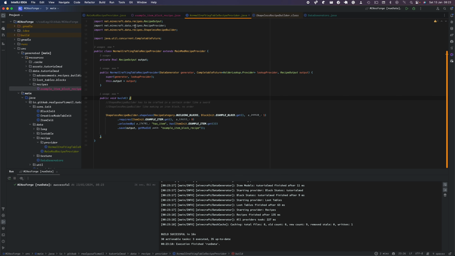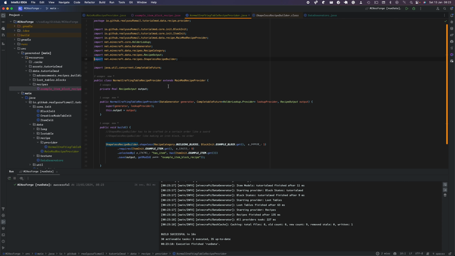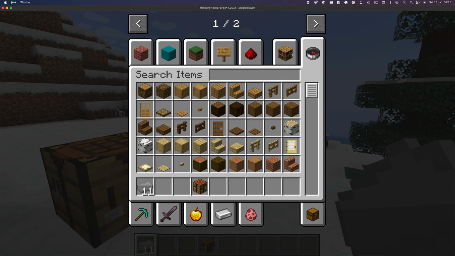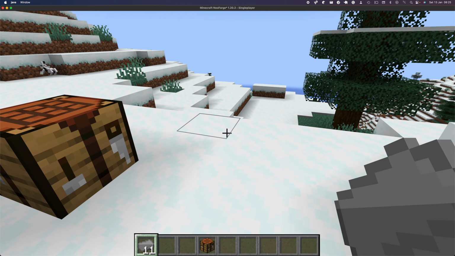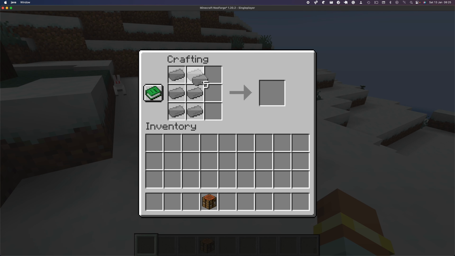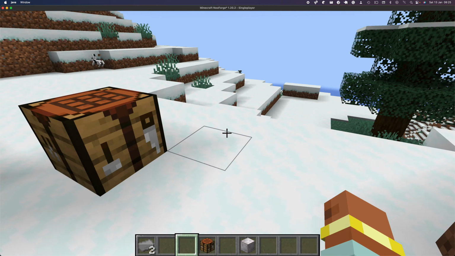So if you just run your game, I'll run my game and I'll be back when it loads, but you'll be able to craft the items, so I'll see you then. Alright, now that my game has loaded and I've got 11 of example item from the tutorial mod, you can go to your crafting table, put 9 of these in, so that's 3 by 3. You've got your block. So that's it, we've made our first